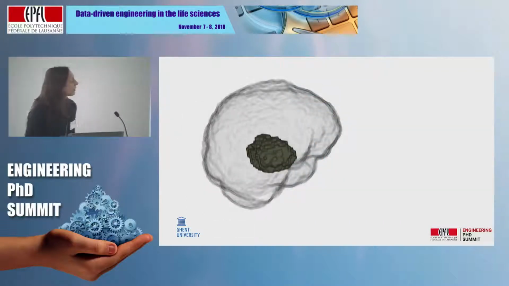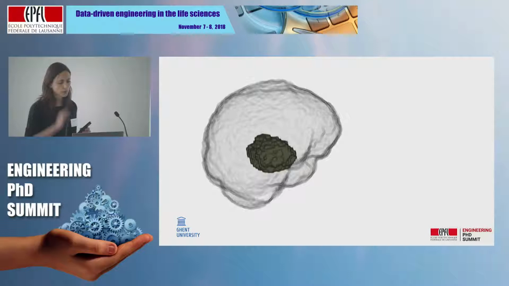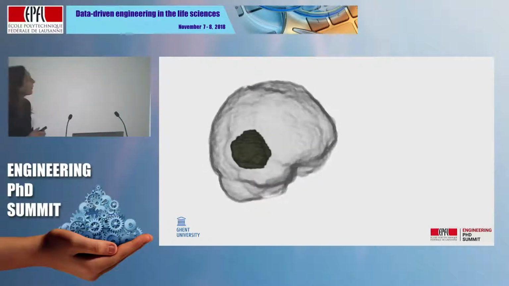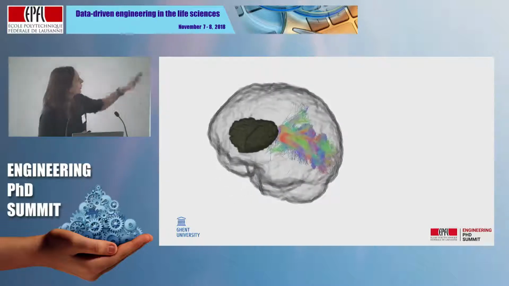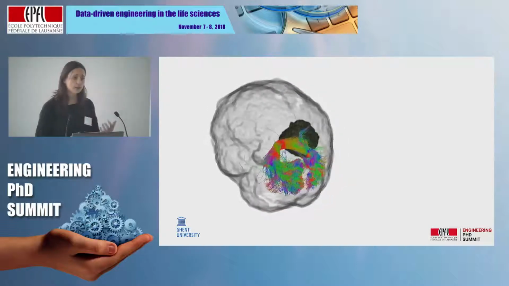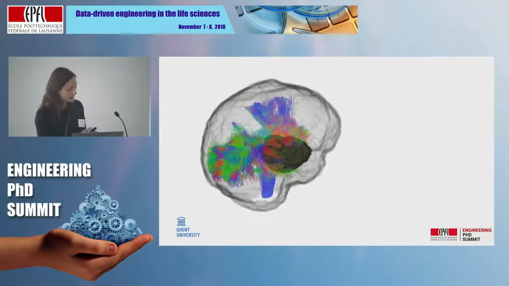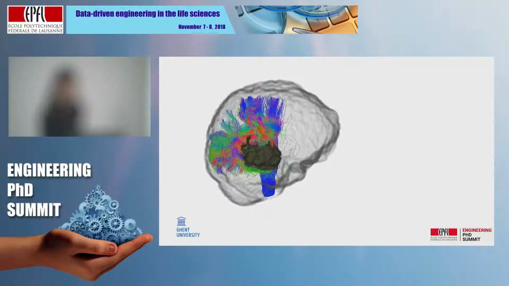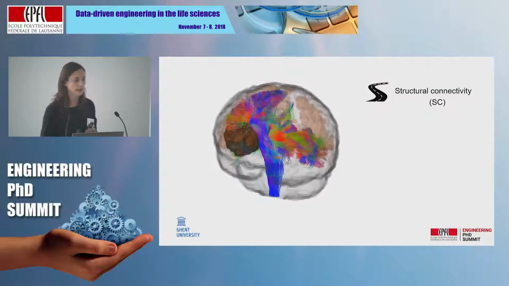Okay. So on this figure you can see the brain of a patient that was included in my study who has a tumor in his right hemisphere, so in the right part of his brain. And as you can see in this figure, there are quite some important neural elements that are close to the tumor. So for example, you have some white matter tracts appearing. So these are the physical connections that connect different brain regions. And to put it with a metaphor, we can think of these as the structural highways, the anatomical highways in